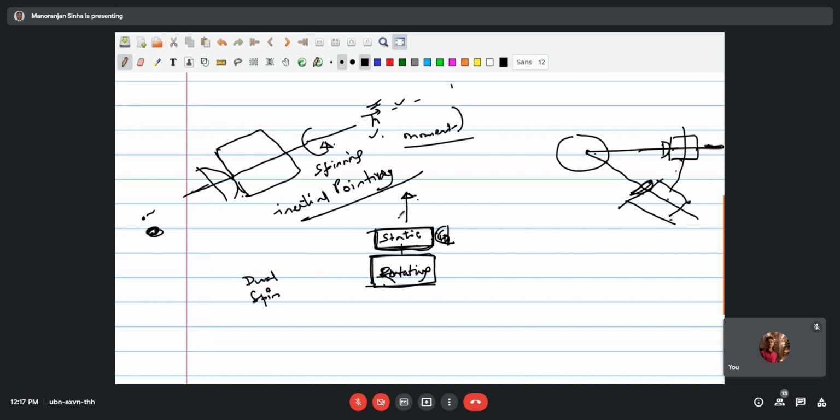And you have another, say, a transponder or some device you have kept. Suppose here you have a camera which is pointing toward this direction. So this part can be pointing along this direction. This is static, and this part is rotating. Simultaneously, your H, the angular momentum, is also available with a constant magnitude and constant direction. So inertial pointing is possible, and also this part is rotating. Here you can load something also so that it points in a certain direction, because this is static. So these are various techniques of working with.